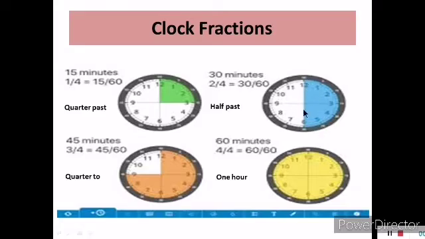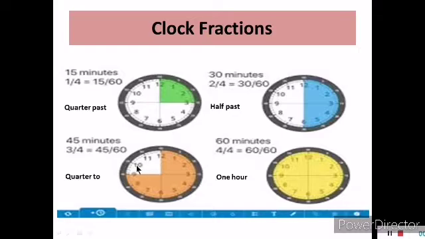Similarly, this is half past. Why? This blue color, the minute hand has come till 6. 30 minutes are finished. So it is half of the clock. Halfway it has come. So then we will say half past. When will we say half past? When the minute hand is at 6 and 30 minutes have passed. That is half past. Now the third one is quarter to. So how will we tell quarter to? That is when the minute hand has almost come to the full circle, to 9, then the time will be 9 into 5, 45 minutes.